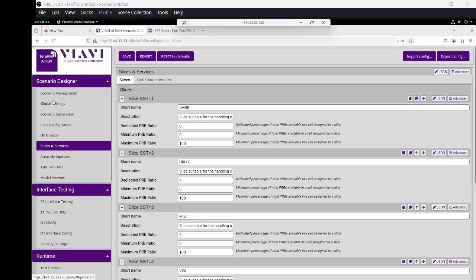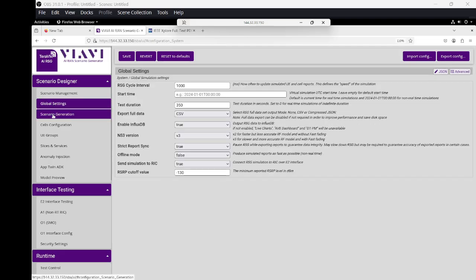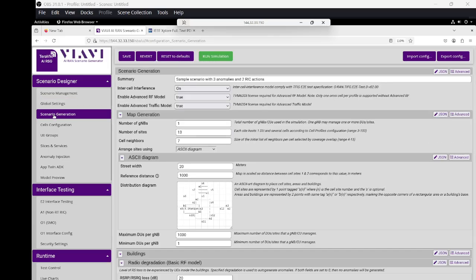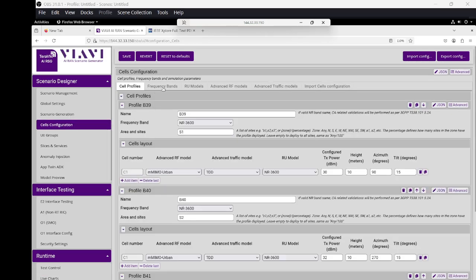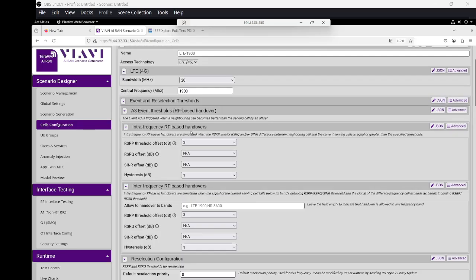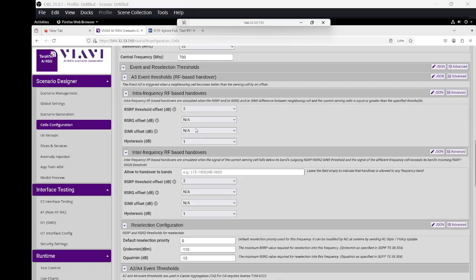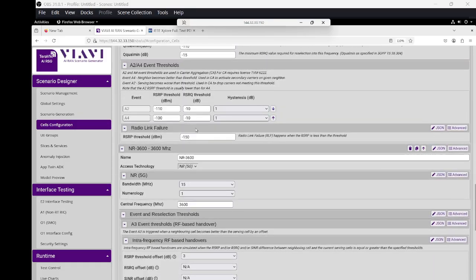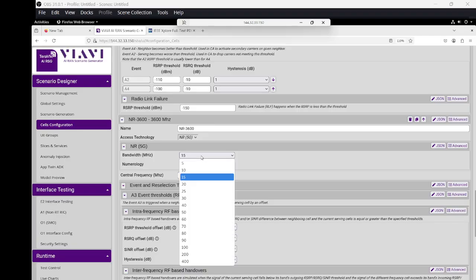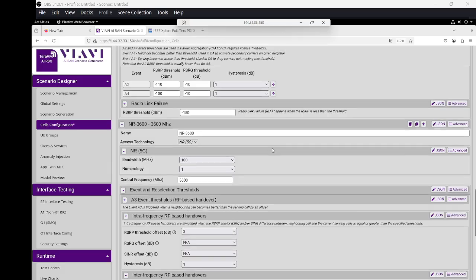Let's take a look at the first stage in scenario generation and configuration or setup. As we can see, the number of sites, cells, and neighbors that we have here in these simulations, and we are using New Radio NR 3600 with different cells and frequency bands. Here in 5G New Radio, we are going to change it to, let's say, 100 megahertz bandwidth,